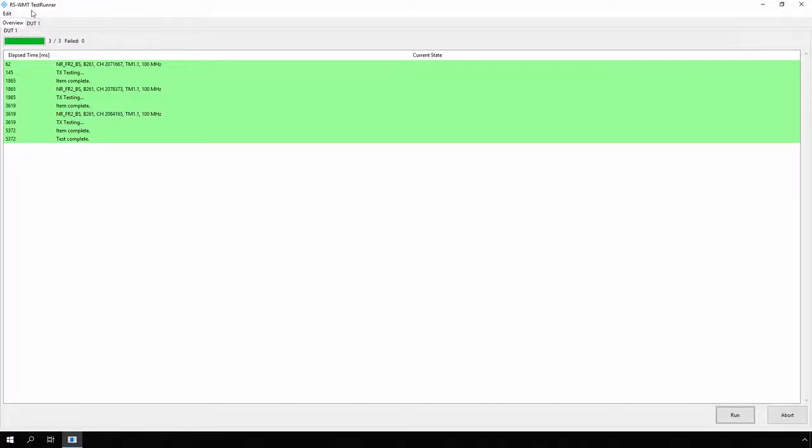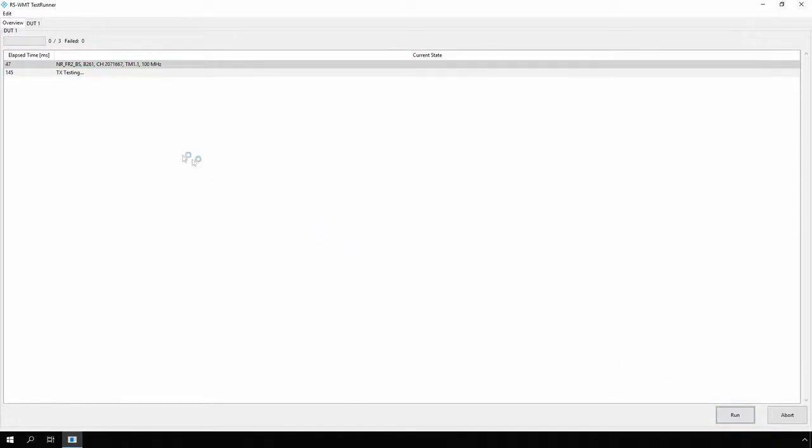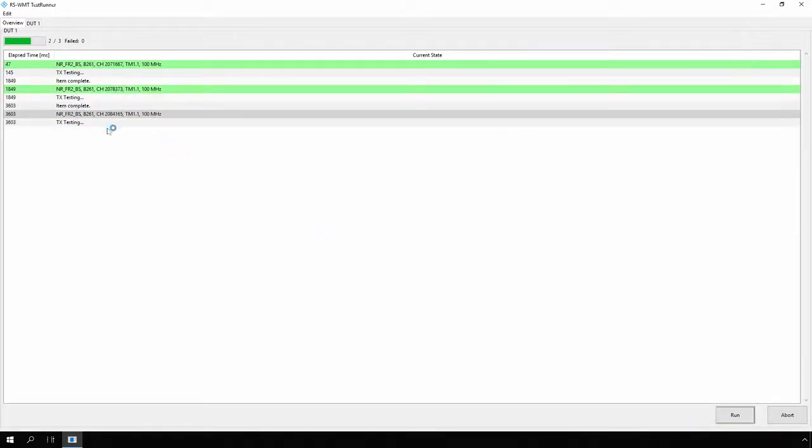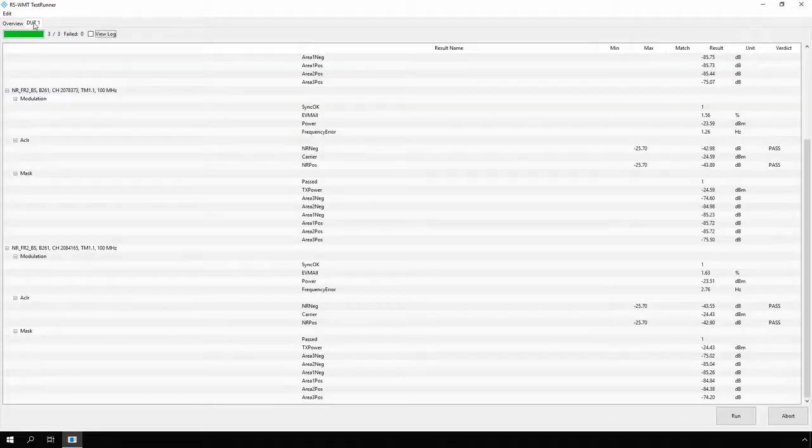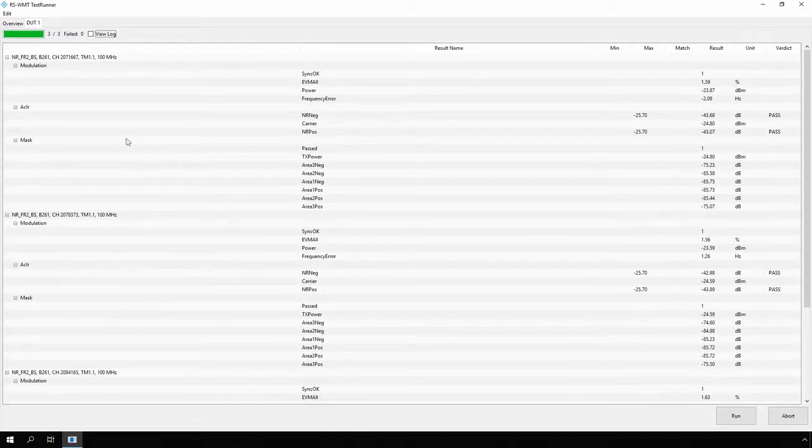I have created a test plan in WMT for the 3GPP test case 1.1. We are testing band 261 with a bandwidth of 100 MHz for the low, mid and high frequencies of the channel. So we are gathering our measurements. We are testing for modulation, which determines the quality of the signal. We have an overall EVM of 1.59% and a frequency error of minus